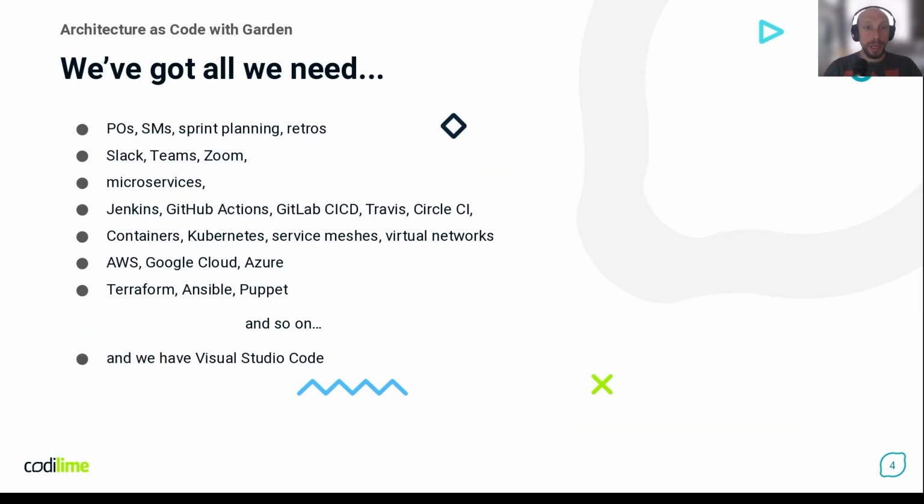And it looks like we have all we need to code and deliver with light speed. We have all these agile goodies. We have many remote collaboration tools to help us. We have ways, techniques, and patterns to split our software into the smallest units that can be developed and delivered independently. We have many powerful tools and IDEs, and we have Visual Studio Code. Anyway, the point is that now we should be able to develop, deliver, and deploy as fast as